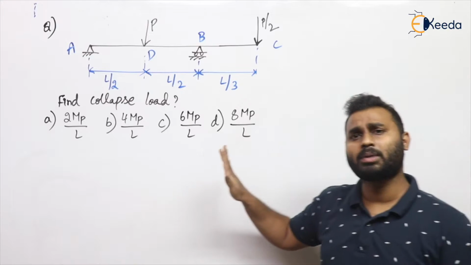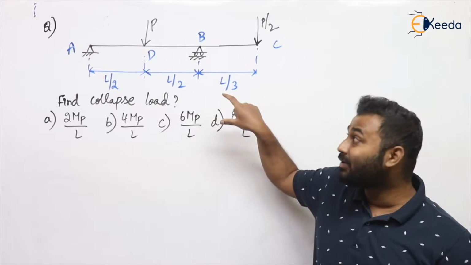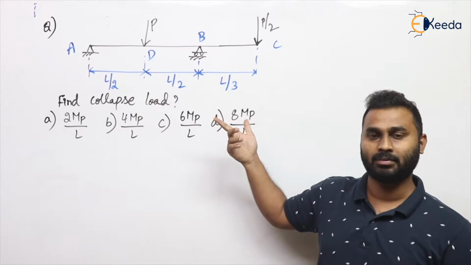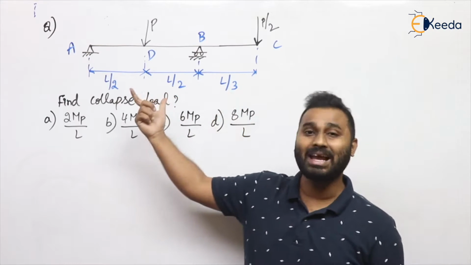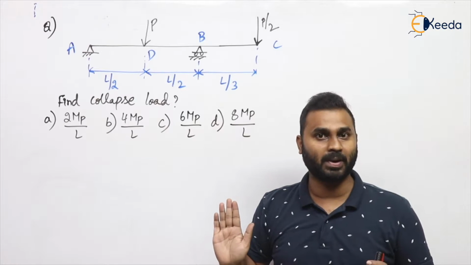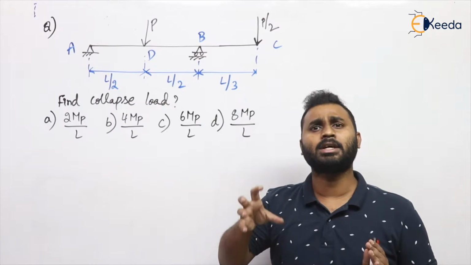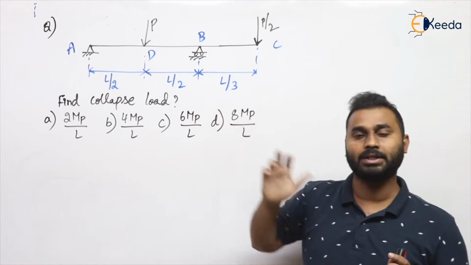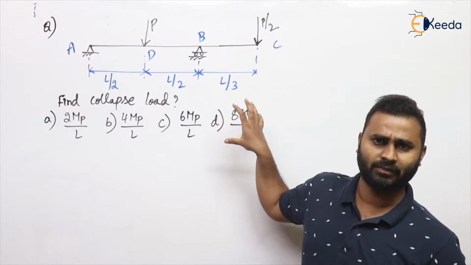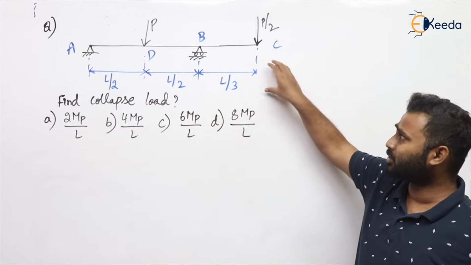For solving the collapse load for any type of beam or any question, one needs to observe the given diagram, that is, the details mentioned in the diagram. Mainly the span lengths, the point of action of the load, and the plastic moment capacities of the spans, etc. These are the things the examiner should mention in the diagram or in the question itself to solve this question. Clear? So first, observe this diagram.